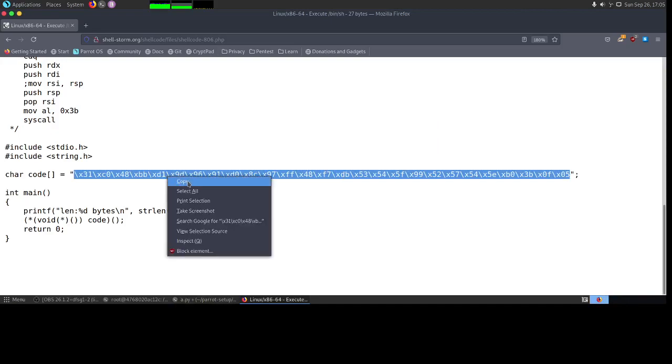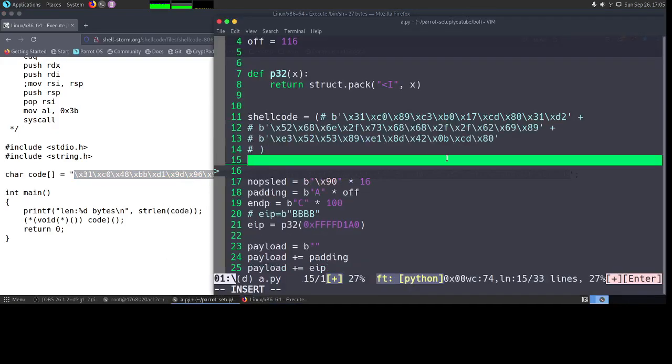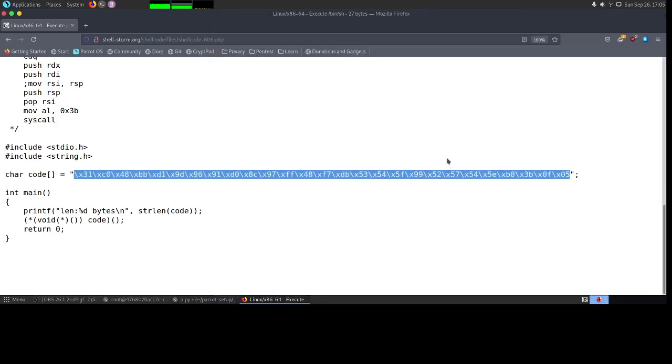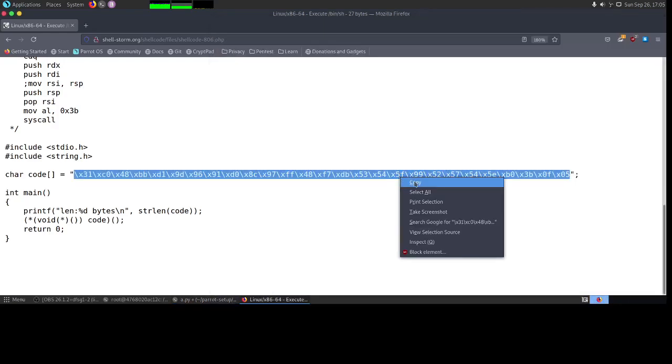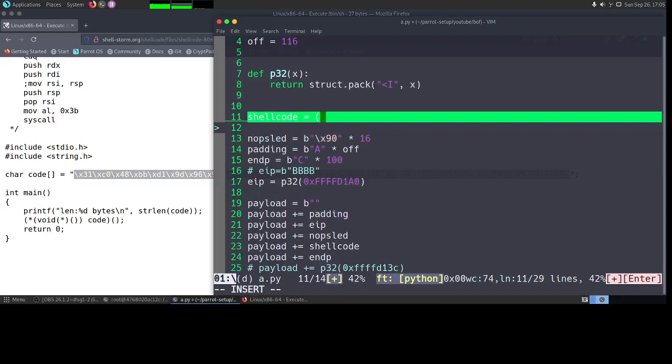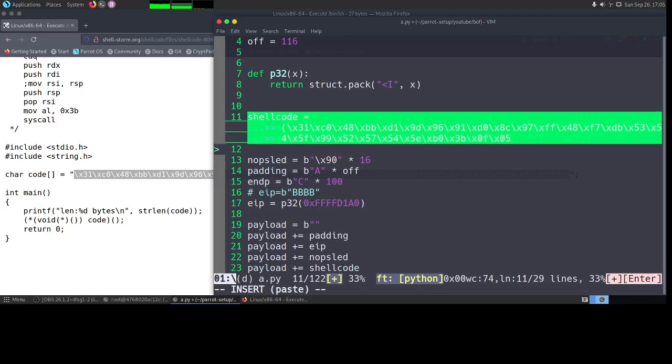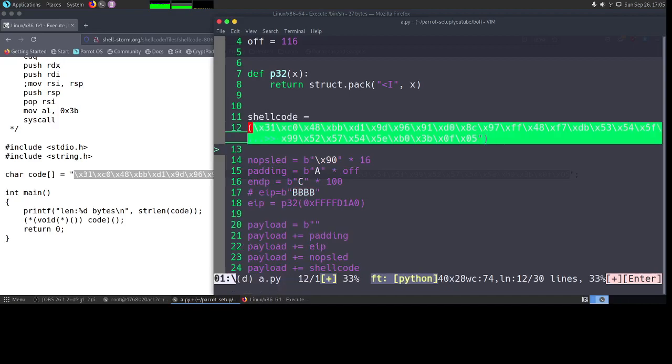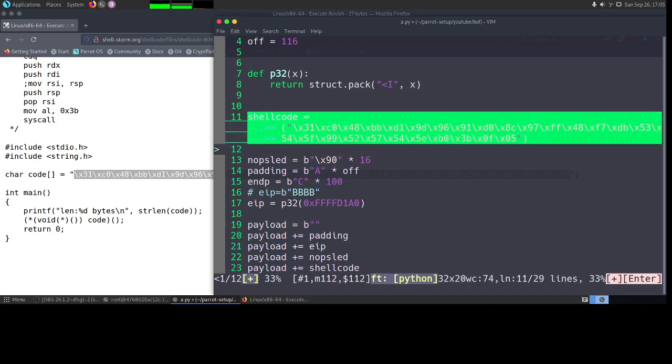So this is the shellcode that we want. I copy it. Okay, this is the shellcode that we just got.